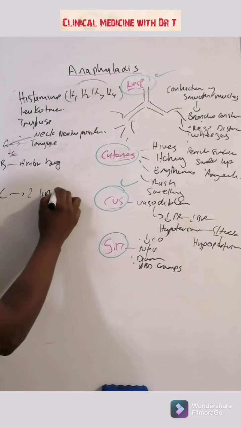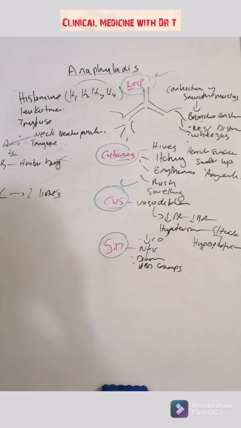2 lines. Yes, we're going to talk about how to make sure that the patient is receiving adequate air. Once you have connected your probes and everything, listen with the stethoscope, see the chest rising, things like that. So 2 lines, 1 line for IV fluids and the other for drugs. So let's talk about drugs in part 3 of this. We're already at 20 minutes. What are the drugs?